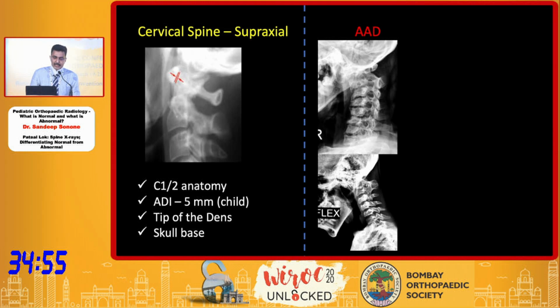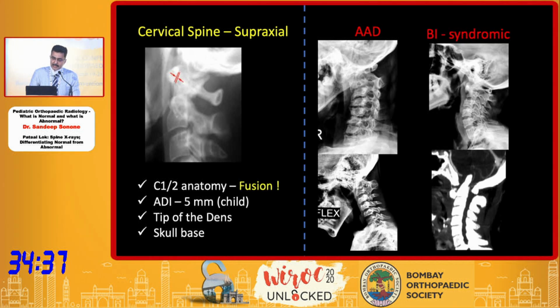There's an increase in the gap between the anterior arch of C1 and the odontoid tip, an increase in the ADI distance. The tip of the dens is not in its normal position, and also in the lower X-ray you will find that there is fusion of C2, C3. Again, these are indicative of syndromic cases, and almost all these cases are diagnostic on an X-ray if you know